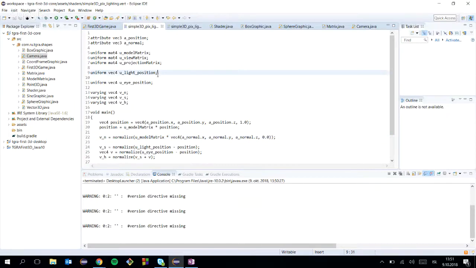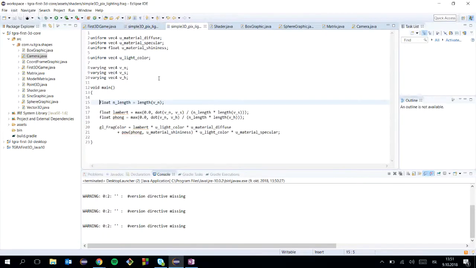Yeah, so we have light position. That would happen in the pixel shader here. So for the pixel lighting or per fragment lighting, this is something that would happen here. Go ahead and add